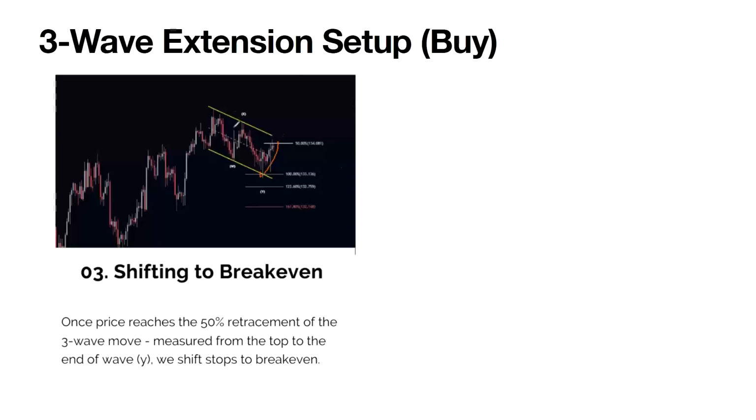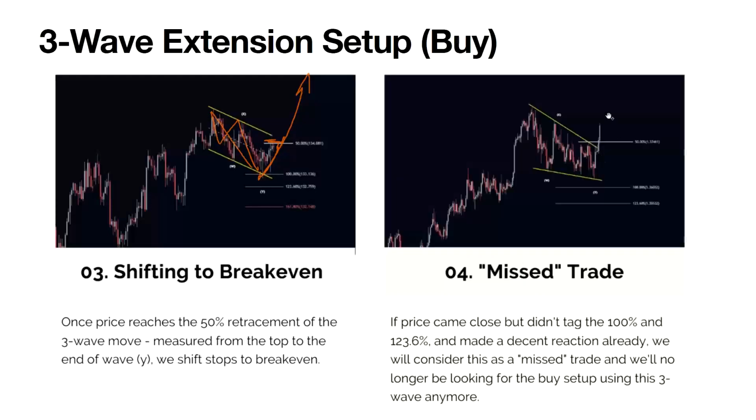When you get a bounce and the market actually moves 50% of this move, that's where we trail and shift our stop, making it a risk-free trade, and then we expect this to continue higher. If the market continues to break higher, that's great. However, we also need to plan. Let's say today the market gives us a 3-wave move but doesn't really come towards our area, and it just bounces off impulsively. This is what we call a missed trade. We don't expect it to come back and enter, so we don't look at it anymore. We look at the next trade opportunity.